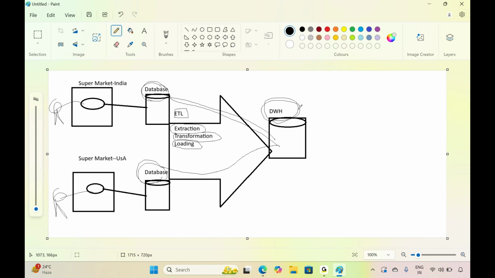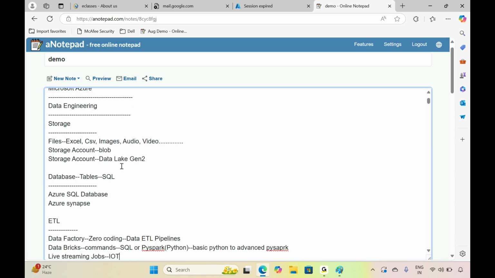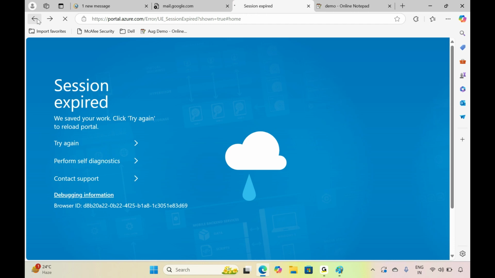As a data engineer, your role is to develop ETL data pipelines. What are ETL data pipelines? Those are used to process data from one place to another place, and finally we store the data. So as a data engineer, you need services for storage purposes and for ETL purposes. For these, Microsoft currently offers some software services, where you can find those services over here.